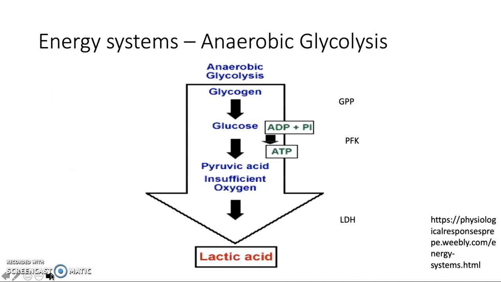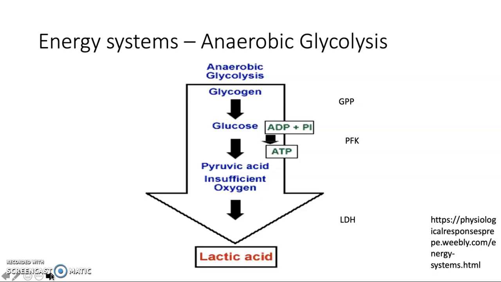Anaerobic glycolysis, also known as the lactic acid system, lasts for 10 seconds to 3 minutes on average. Carbohydrates are consumed and converted in the liver into glycogen. This stays in the liver as reserved energy until it needs to be used. Glycogen gets broken down into glucose by the enzyme GPP, which is glycogen phosphorylase, to then get broken down into